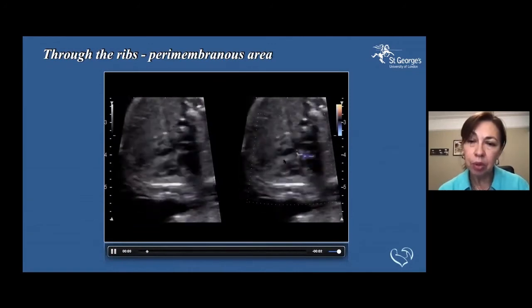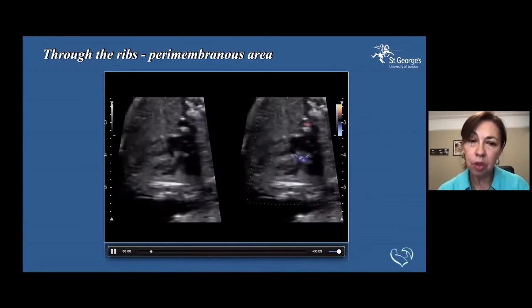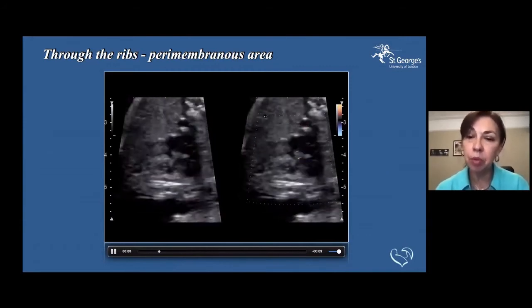It is very important to determine that there is continuity between the interventricular septum and the anterior wall of the aorta. We can see the aortic valve clicking here. So it's very important to see that in great detail, even if the baby is in an unfavorable position or perceived unfavorable position, but actually quite a good angulation to look at this portion of the septum,